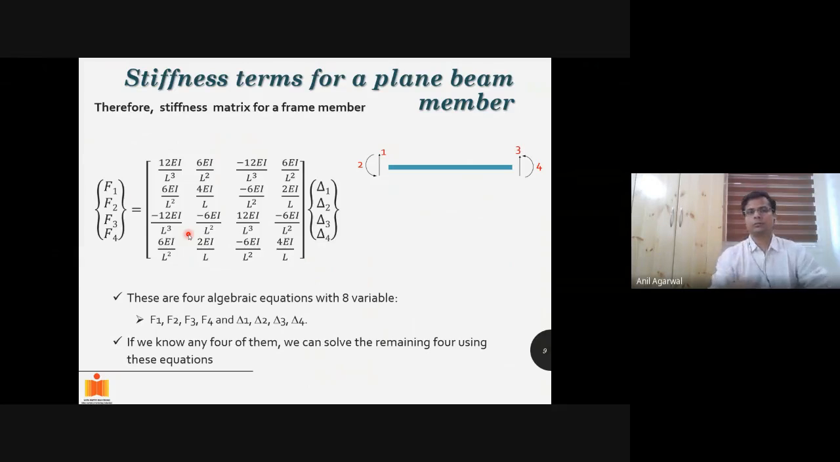Okay, so now that stiffness matrix basically represents your relationship between the 4 forces and the 4 displacements. These 4 forces correspond to the 4 degrees of freedom, 1, 2, 3, and 4, and 4 displacements at the same degrees of freedom. And basically, this essentially means that there are 4 algebraic equations. F1 is equal to this much of delta 1 plus this much of delta 2 plus this much of delta 3 plus this much of delta 4. Okay,